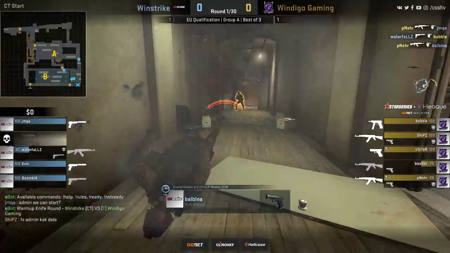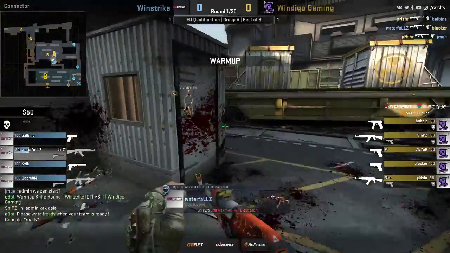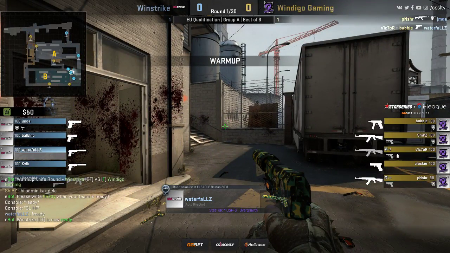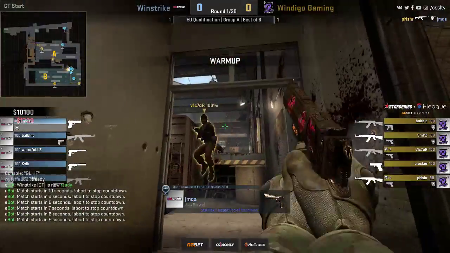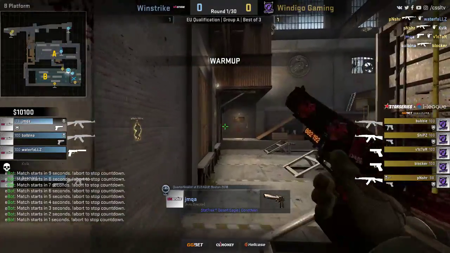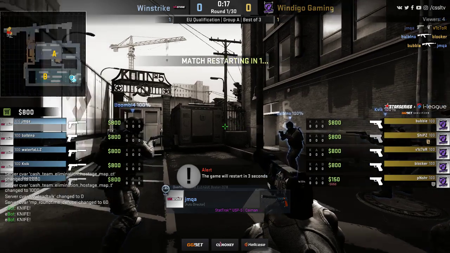Windigo 16-7 on Overpass. Very dominant showing from them. And then they were looking really good. Probably should have closed out the game on Inferno, but Winstrike come back. They've taken it in overtime with a very dominant overtime as well, 4 rounds in a row. Very, very strong showing from them to come back and keep that mental fortitude and the morale